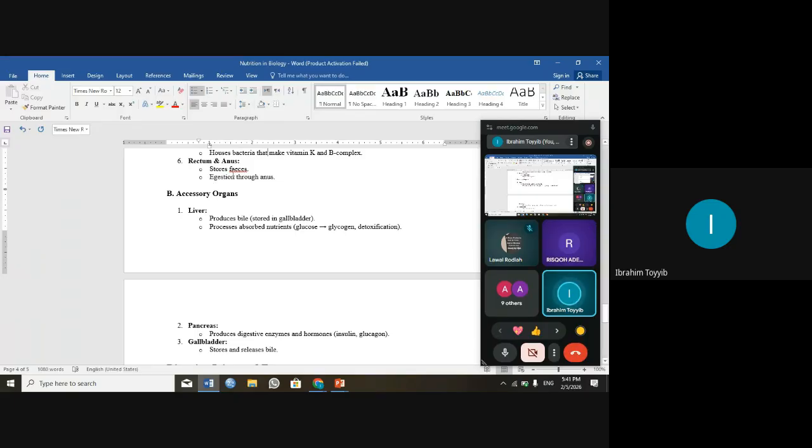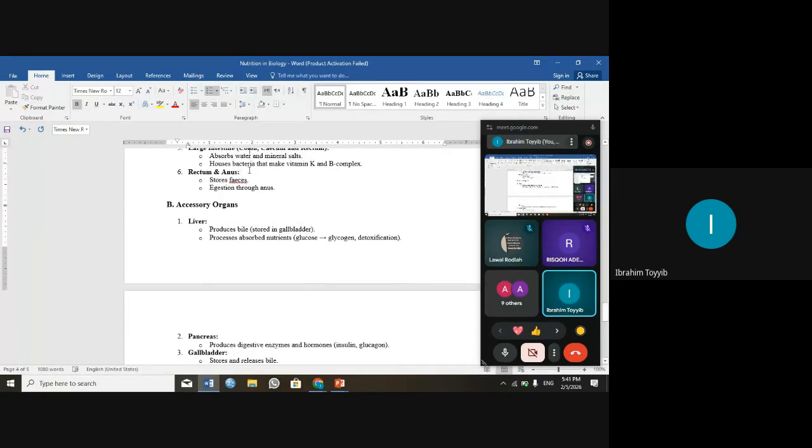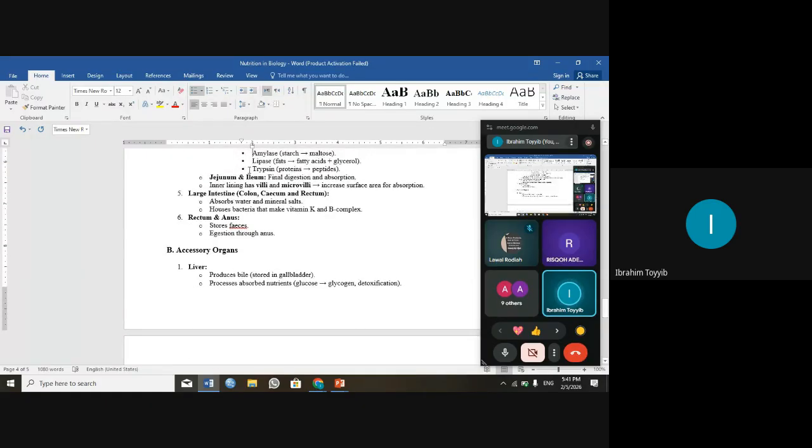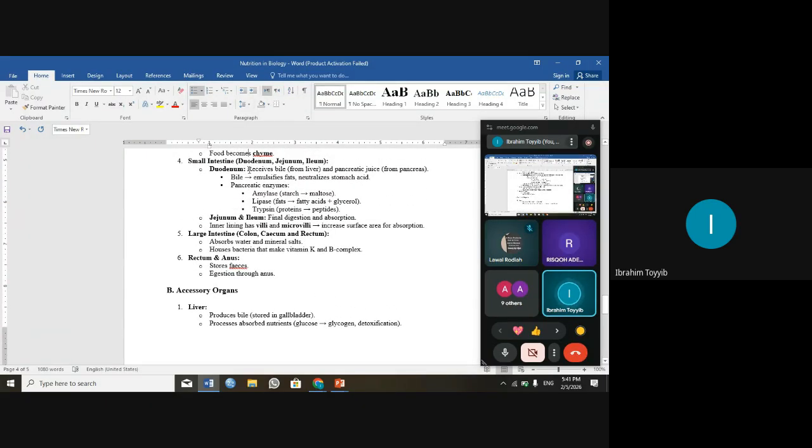So we can just say that feces is the undigested food that comes out through the anus, and we can say that it is one of the excretory products. So it's just an explanation, nothing much. Even JAMB cannot twist a question like that for you. If someone says it's not an excretory product, that shows that the person is telling you that